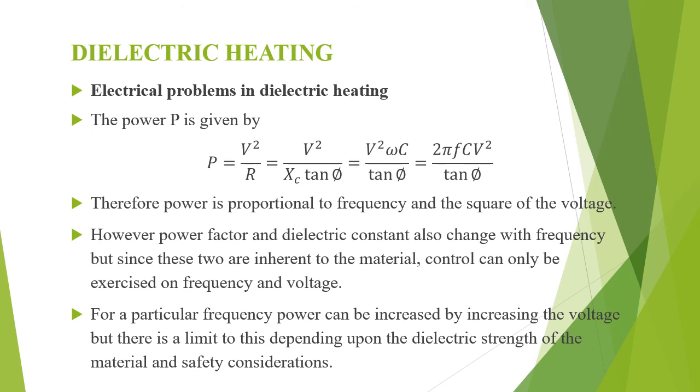Also, the choice of frequency has certain limits. The charge forms a resonant circuit with the inductance of the oscillator, and the impedance of this resonant circuit will decrease with the increase in frequency. For maximum power output from the oscillator, the impedance has to match with the impedance of the load circuit. This will require special matching circuits at higher frequencies.